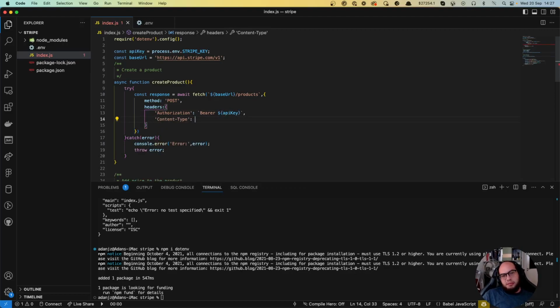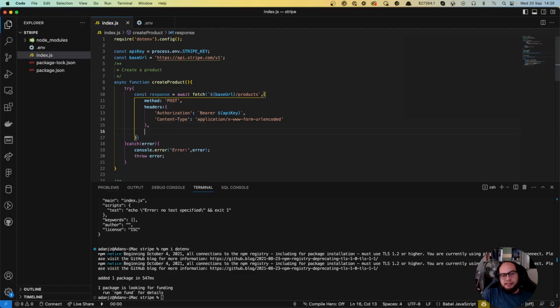So here's what I said before. Stripe is not using application JSON. Stripe uses the form URL encoded. Okay. So let's send that. So it's an application. I have my cheat sheet on top, so I can copy that because I don't have that in memory. But it's application x-www-form-urlencoded. Okay, so that's the format that they are using for the content that they're expecting, and you'll see